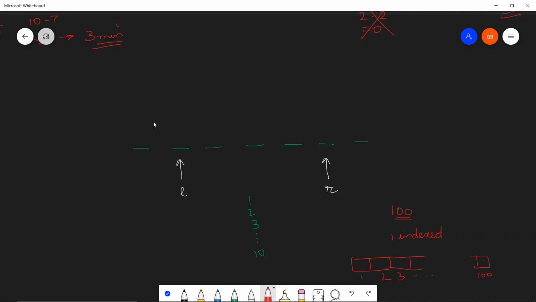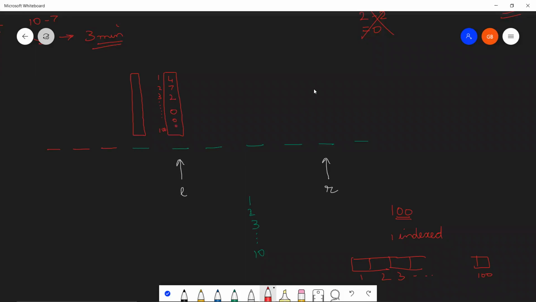So let's just say that we had many elements before this n, and we have an array over here with us at this point and also at this point, right? 1, 2, 3 dot dot dot 100. So let's say that the frequency of 1 is 4, frequency of 2 is 7, frequency of 3 is 2, and let's say that all others are 0.